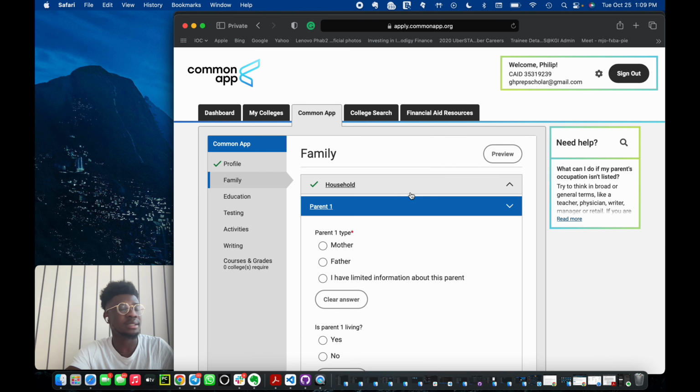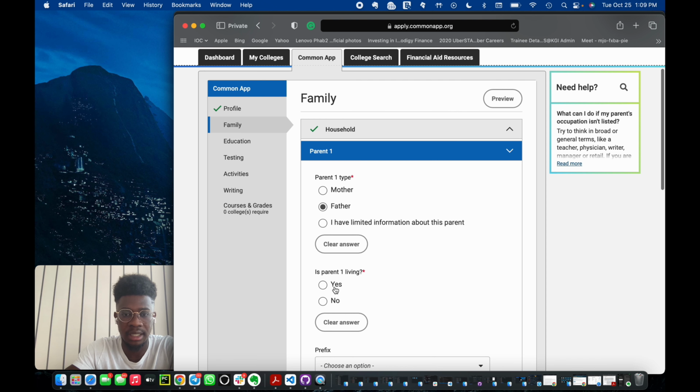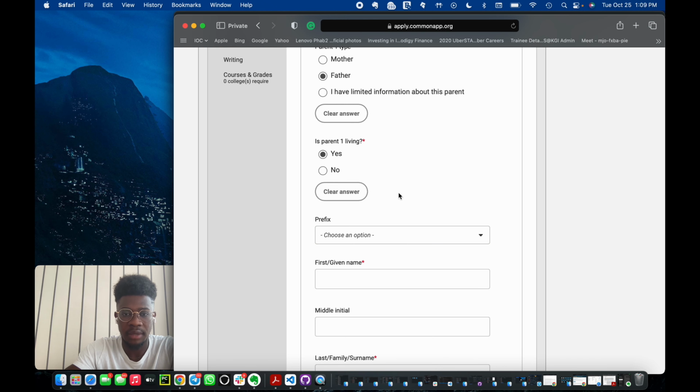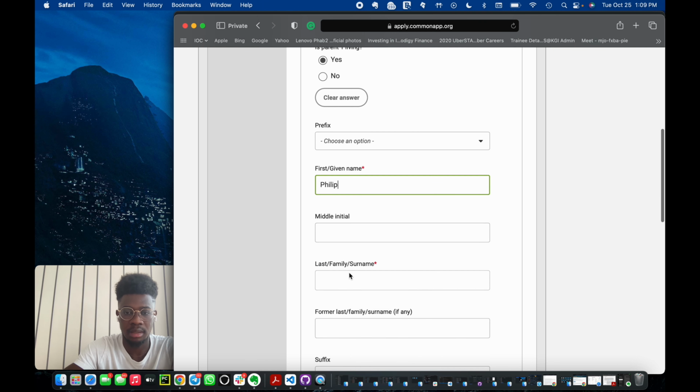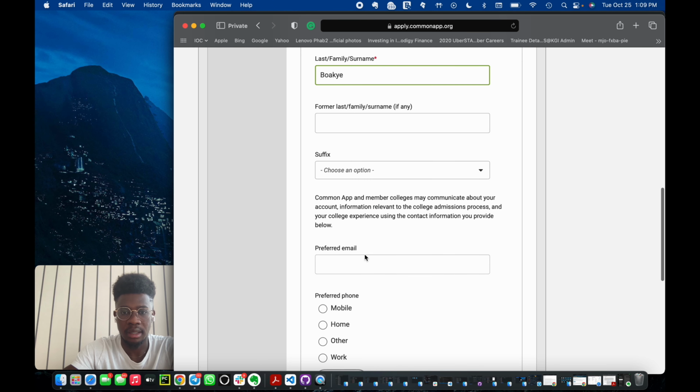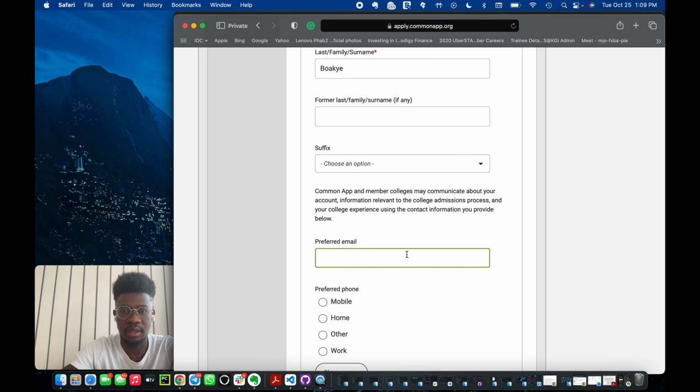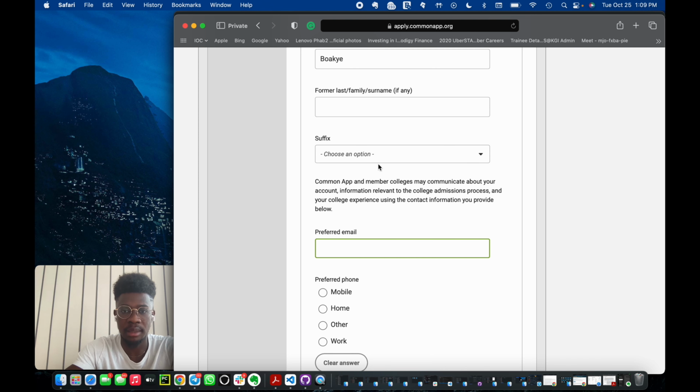Normally I'm filling this in like what I think the typical Ghanaian person would. So parent one, you can put your father, living. You don't have to put a name there. You can honestly put, I'm just going to put the same name there, but obviously put your dad's name there if you have it. And you can put their email there if you want them to communicate with them, because sometimes the application process is so overwhelming,